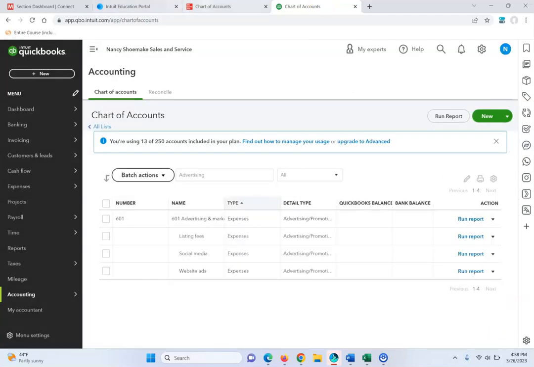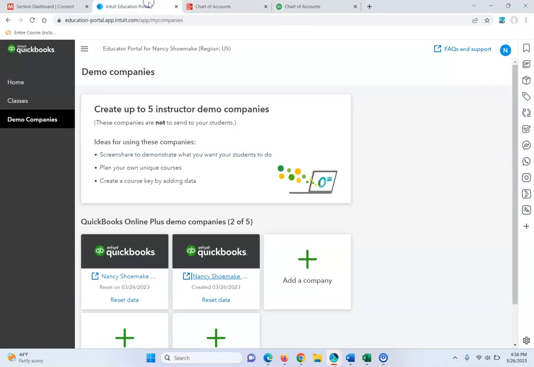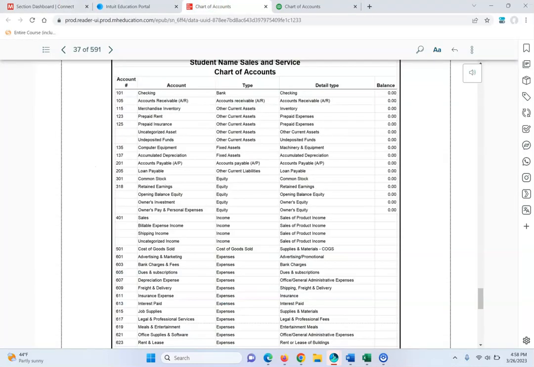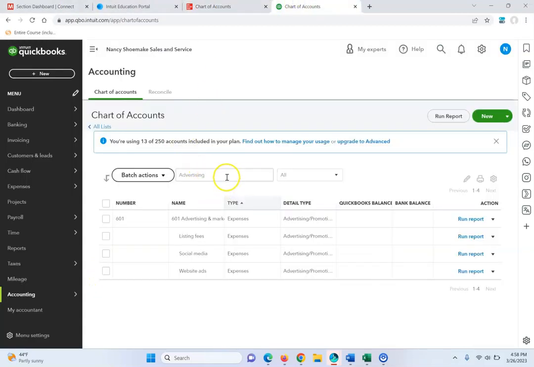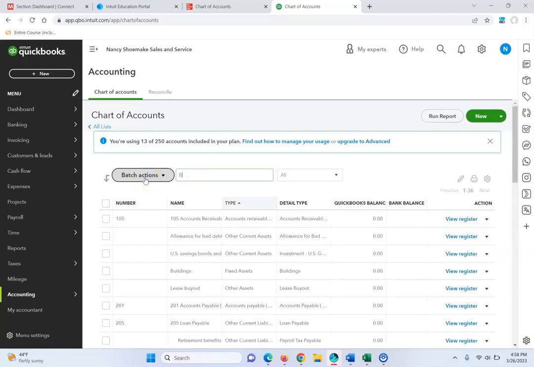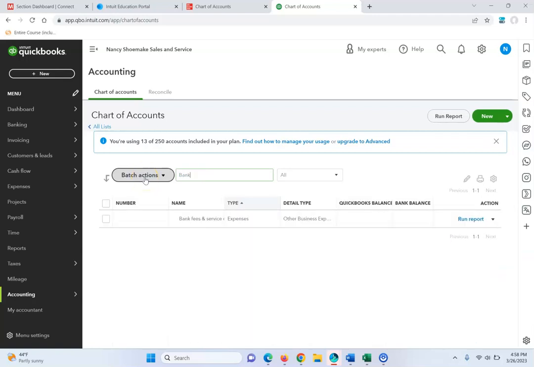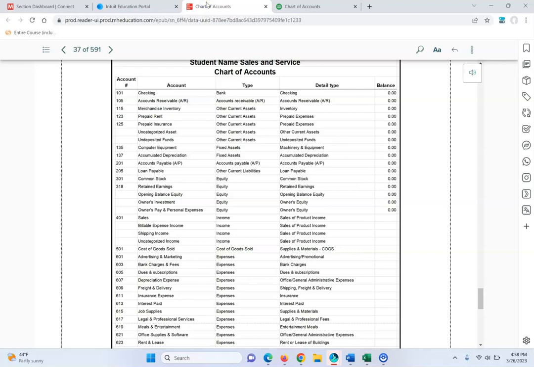Okay, then we have bank charges and fees, 605. Let's just see what that said. I believe it said bank charges and fees